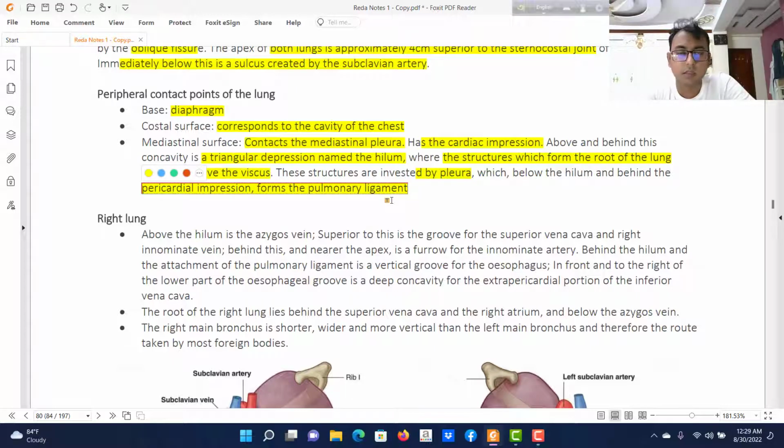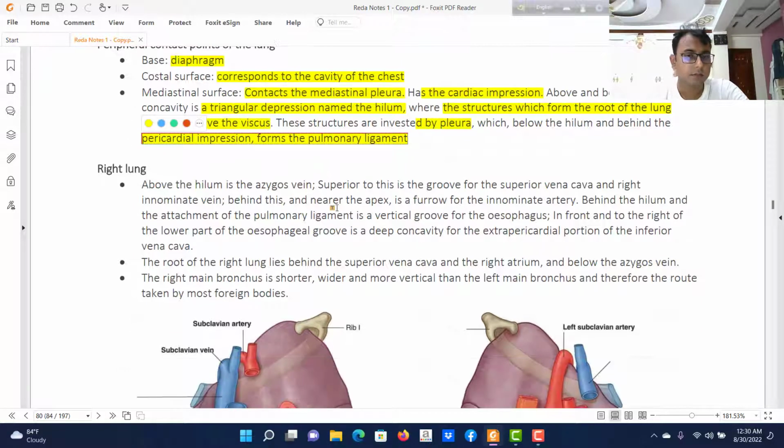So the pulmonary ligament has another important clinical feature because it will help to expand the hilum, so that if there is any condition with increased venous return or increased blood supply, this pulmonary ligament will expand to allow space for the great vessels like pulmonary artery and vein. That's why pulmonary ligament is physiologically necessary, but there are no pathological indications. But if someone asks whether any pathology may occur there,